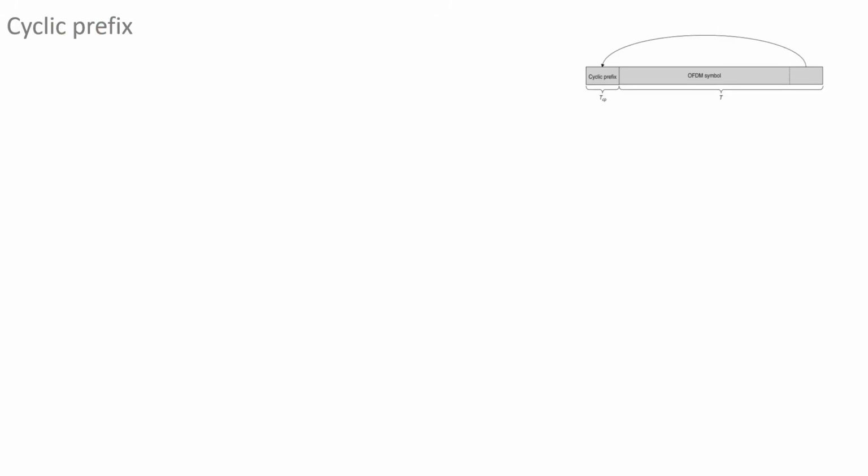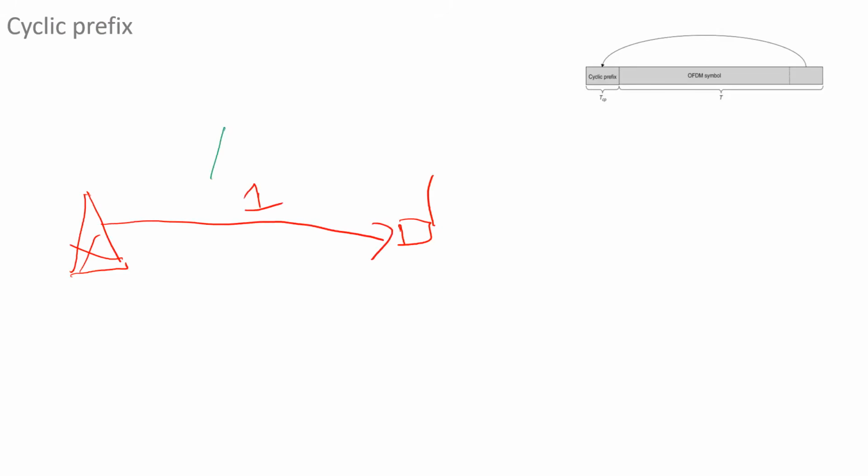So suppose we have one transmitter, and suppose we have one receiver. So between transmitter and receiver, signals can reach in many ways. It can go through the direct path, which you can say is path number 1. It can go through some other path. Maybe there are some mountains here, and it can reflect off the mountains, and which can be path 2.